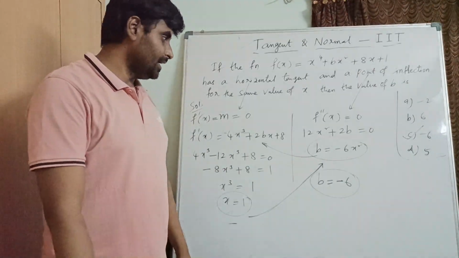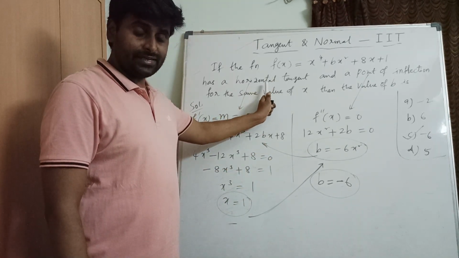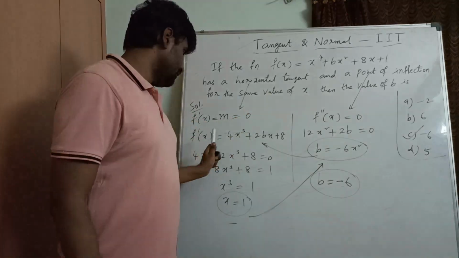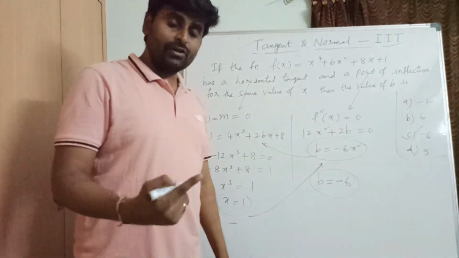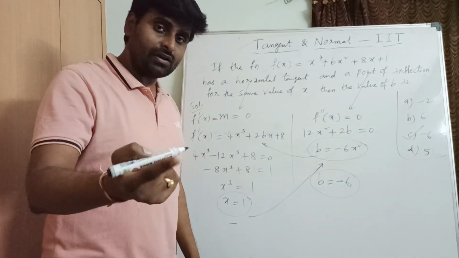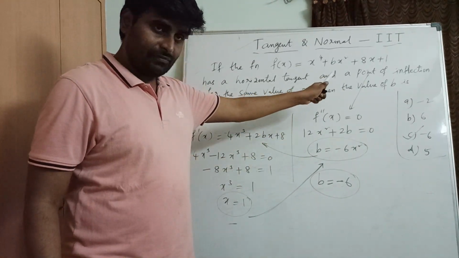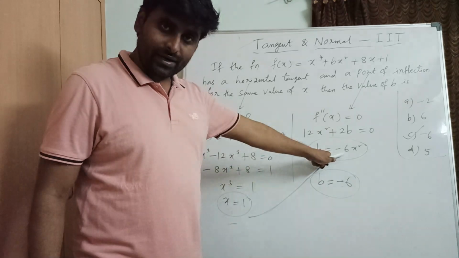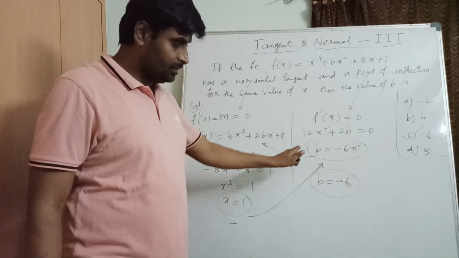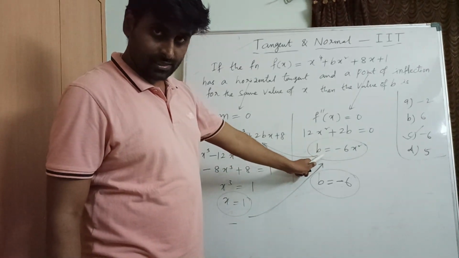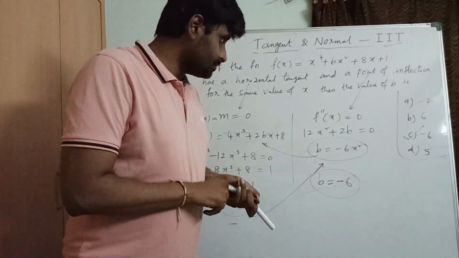That's it. So make it easy. First of all, try to understand the question. Here the tangent is horizontal, means slope is 0, your first derivative is 0. And when will you get a point of inflection? Where d square y by dx square equals 0, where the second derivative is 0, then that is the point of inflection. So from that we'll get b in terms of x. Substitute there, we'll get the x value. After getting the x value, we can find b. So what is the value of b now? Minus 6. Clear? So pause the video. Make a note of it.